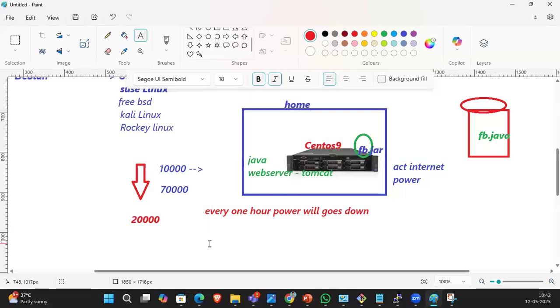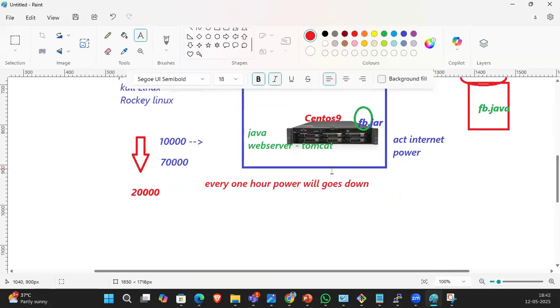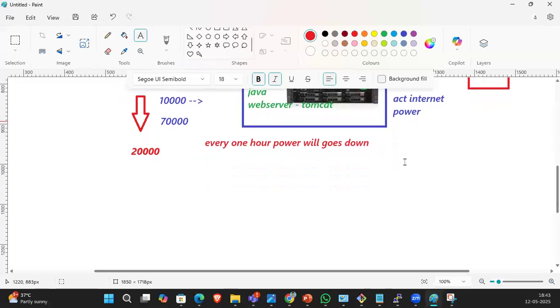So finally we have 20,000 people. I need a solution for this. So what is the solution? The solution is that my site should not go down anyway. So what do we need? We need an internet backup and a power backup. So who will provide multiple internet backups and multiple power backups? Guys, does anyone know what is the solution?